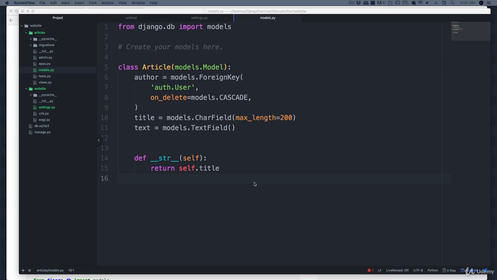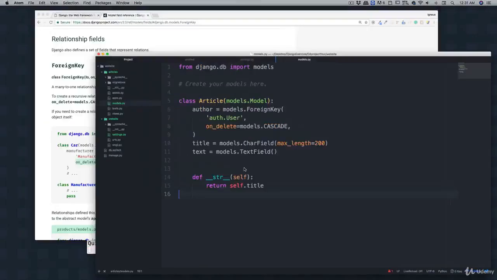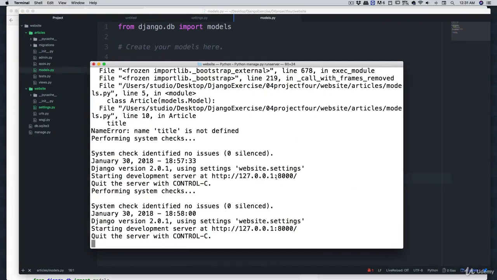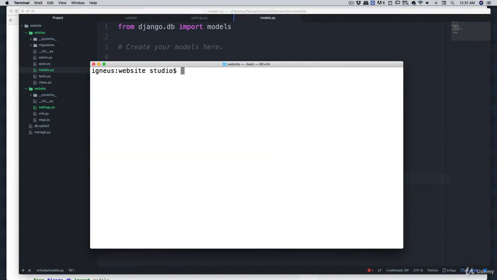Okay, so the next thing is we have done our models.py. Now the next thing is make sure that our existing database is aware of it. And we do that using migration. In case you noticed, previously I mentioned these commands. So watch it closely and you have to say out that command name. It's really simple. It's python3